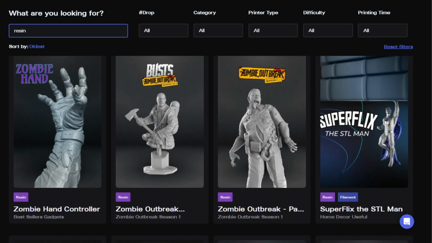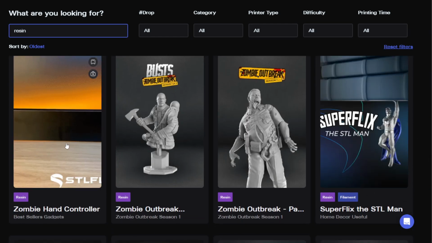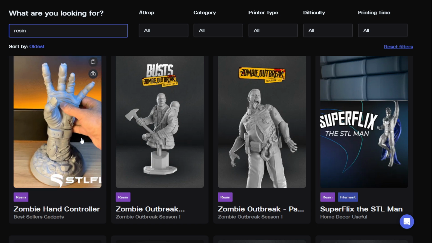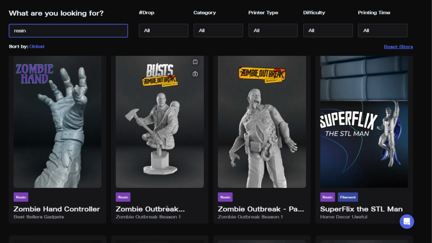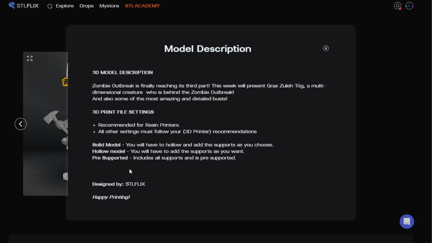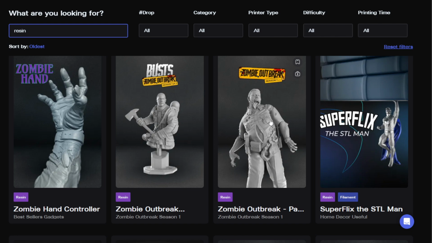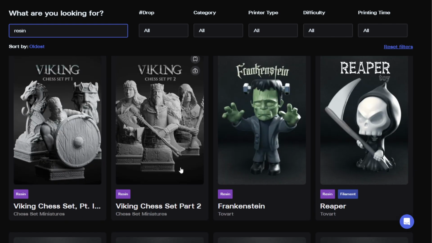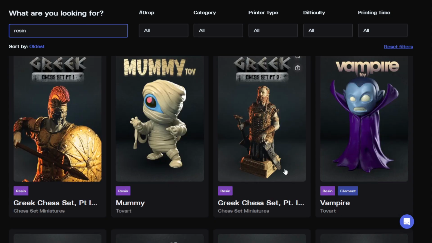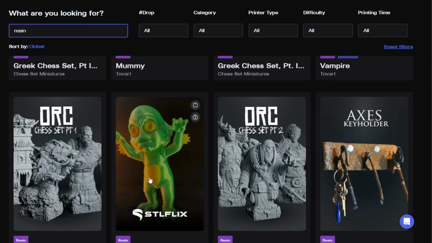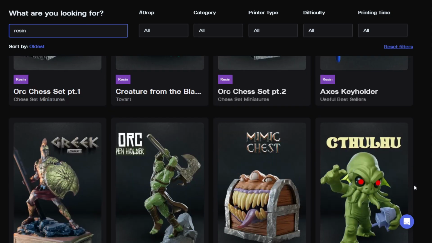We got here, this just doesn't need to be resin. What do we got here? We have just a bust of a character here. We have another, like, a cop looking zombie. More of the chess set stuff. Chunks 3D, Chunks 3D. More chess set,